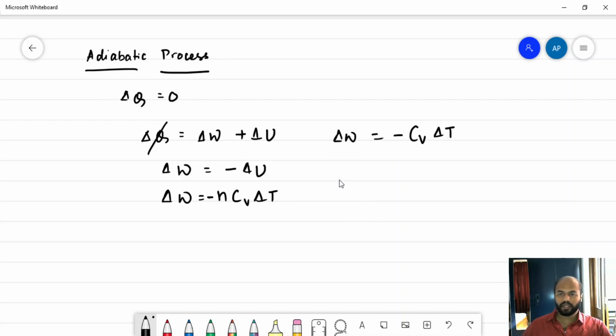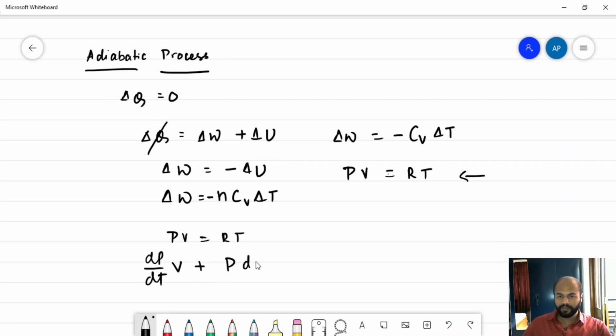Now, after this, what comes is the relation PV is equal to RT, because we are considering the number of moles as 1. So what I do now is differentiate this expression with respect to temperature. The expression we have is PV equals RT, and we are going to differentiate it with respect to the temperature. So, dP by dT, keeping V as constant. Next, we keep the pressure constant and write dV by dT. And this is going to be R, because dT by dT would be 1 anyway.